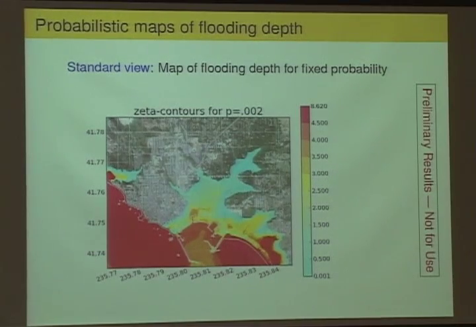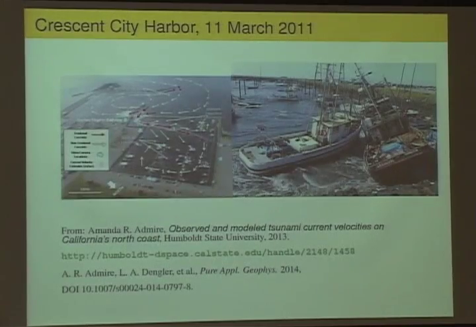So producing these sorts of maps requires doing lots of tsunami runs, and it also requires having a lot of information about what's the right probability distribution of possible future earthquakes, which is really the hardest part of this project, trying to figure out what's a reasonable set of possible tsunamis to run. So we ran a number of events from Alaska, Kamchatka, Japan, Chile, but then the big one is, of course, the Cascadia subduction zone and trying to figure out exactly what the right probability distribution for possible slip on that fault zone is. So this is something that's still very much ongoing work.